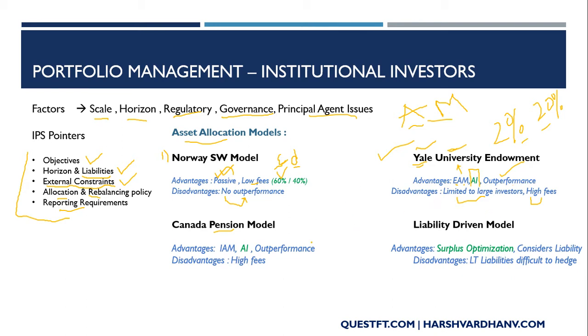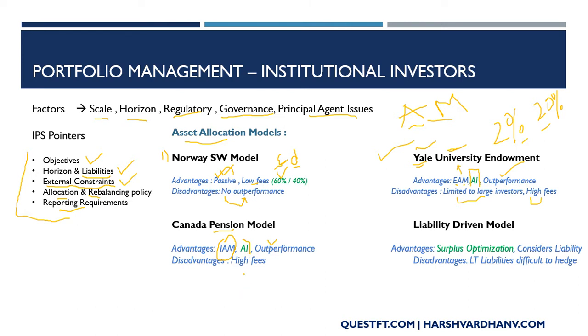Third is the Canada pension model. Again, this is high allocation to alternative investments, same outperformance. It is similar to the Yale University. The only difference is you have qualified fund managers to manage your assets internally. So the asset management is done internally,